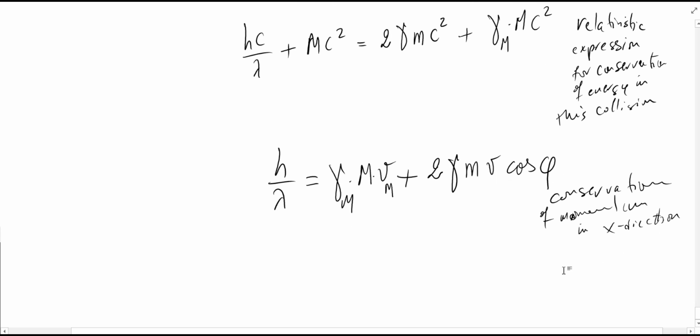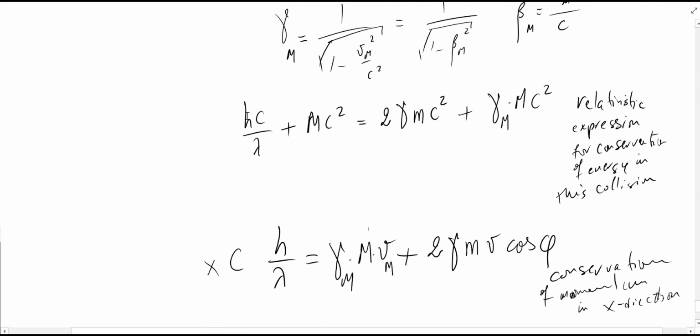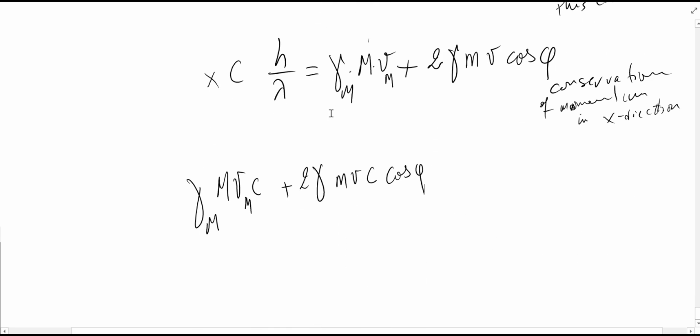Okay, so basically solve this system by multiplying this expression by c and adding or subtracting the two, or substituting into that expression. That's the same thing. So first multiply by c and add it. If I multiply this by c and replace in that expression, this is how it looks. First of all, I have gamma m vm times c plus 2 gamma m v times c times cosine of phi. That takes care of this term from the energy. I have to add to it Mc squared